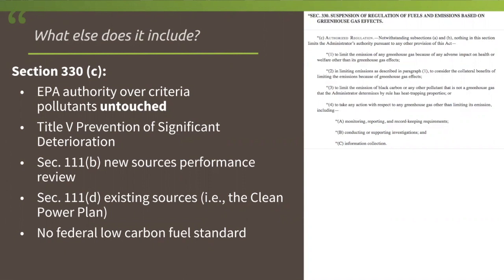So 11B is placed under pause by the Energy Innovation Act. And Section 11D is existing sources. And that is the Clean Power Plan, which is now morphed into America's Clean Energy Plan or something like this. But we'll do an analysis of the Clean Power Plan since that is the most aggressive potential replacement of EPA authority. And then one thing that there's no regulation of, which the Energy Innovation Act does prohibit, is a federal